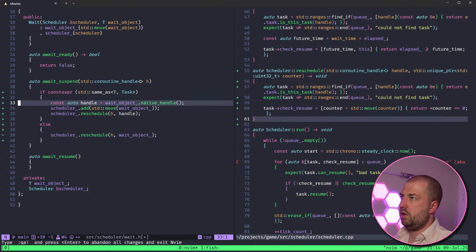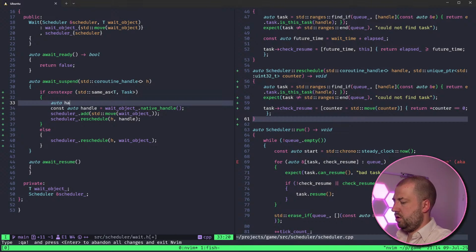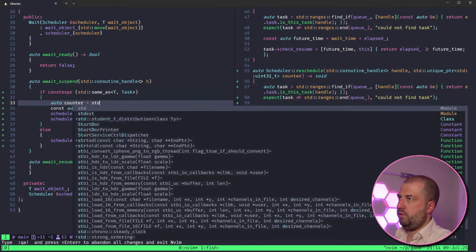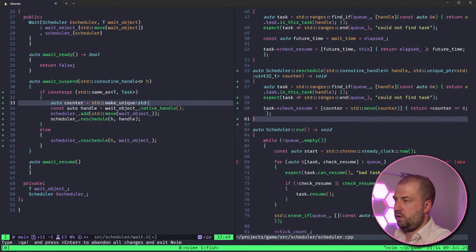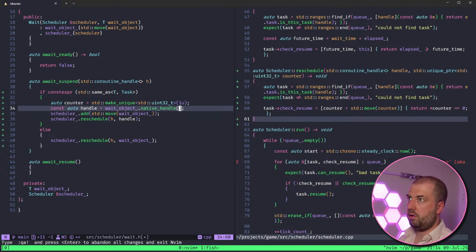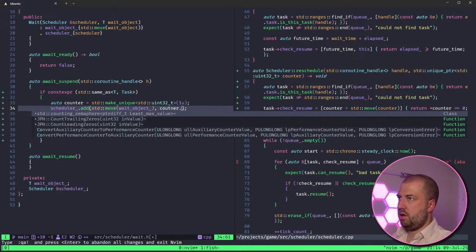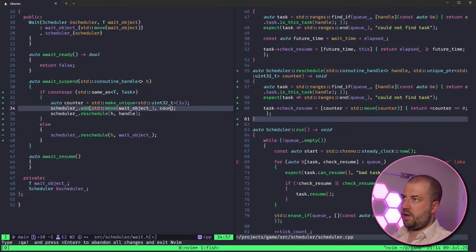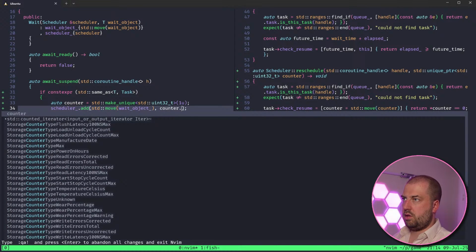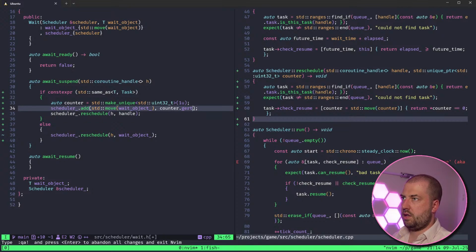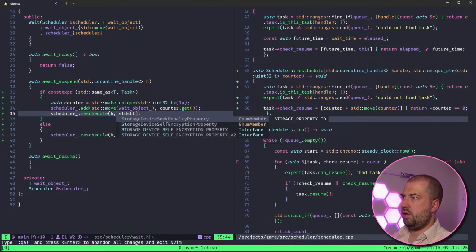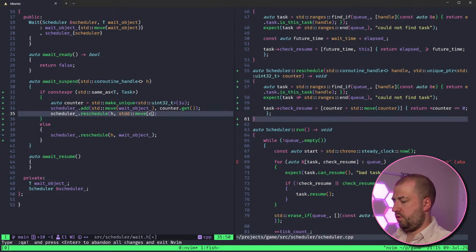You will auto counter equals std::make_unique the uint32_t 0u. Okay. Nope. One task. Here it is. We will add the task with add the to dot get, and then we will reschedule with std::move counter.